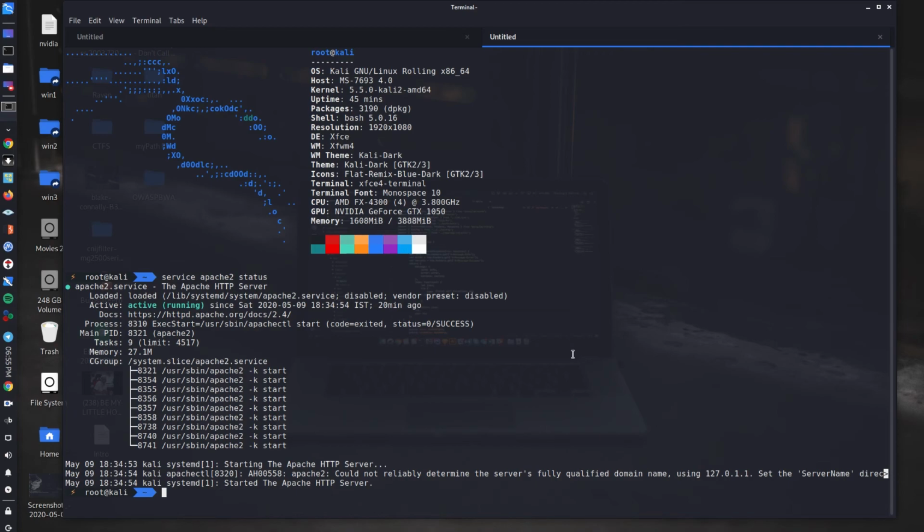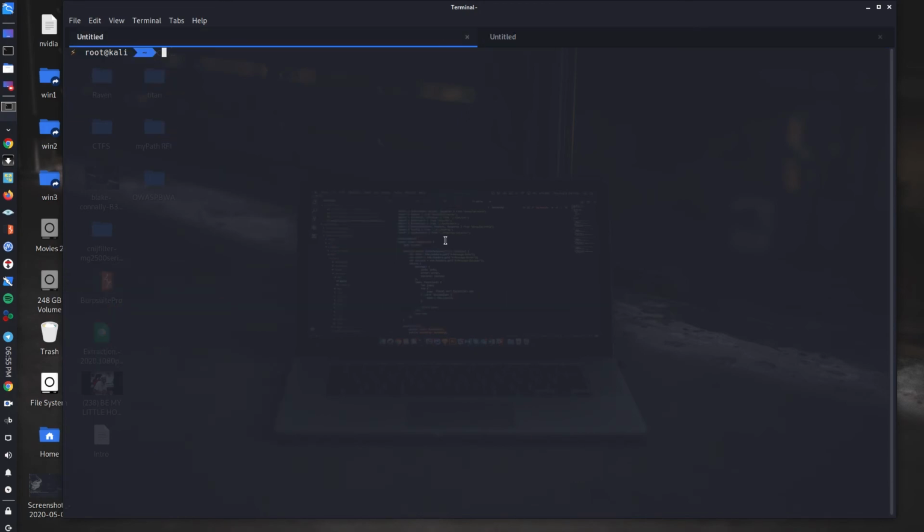To start it, you just need to type service apache2 start, and it will start running. After starting the Apache2 web server, you need to start BEEF by typing beef-xss.